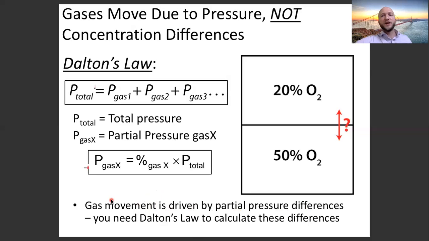Partial pressure is, you have a bunch of gases in the atmosphere, and you have a total pressure of your atmosphere. What is oxygen's contribution to that total pressure? You have a bunch of gases in the atmosphere. Let's look at carbon dioxide specifically. What is the contribution of